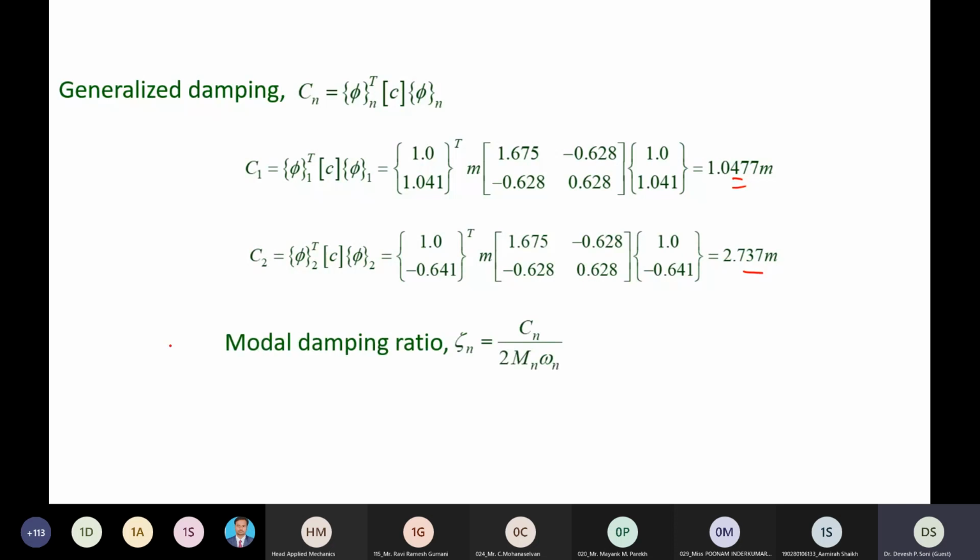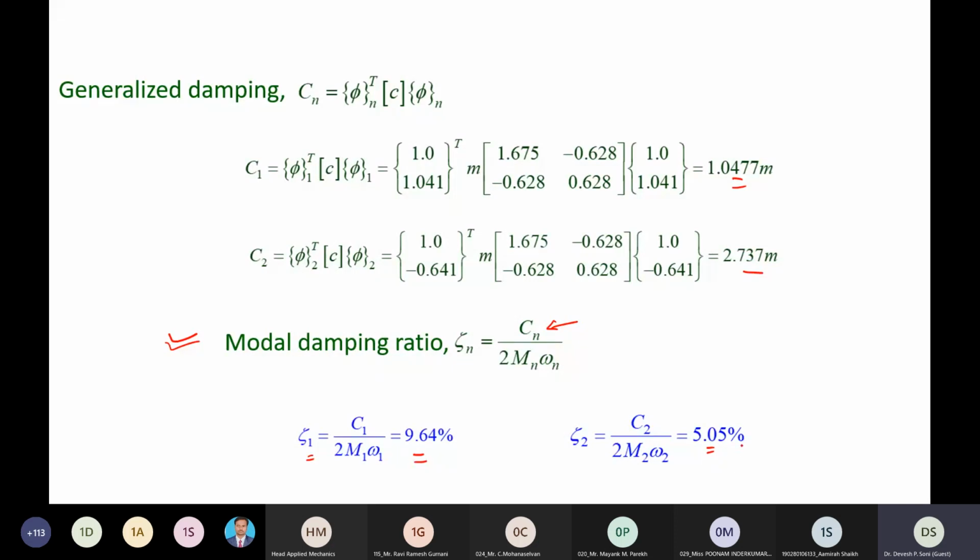Now the important thing here is the modal damping ratio. The generalized mass is used to calculate the modal damping ratio, and the modal damping ratio is essential in response spectrum analysis. We have used the same equation: C is equal to 2 times zeta into M into omega. Upon putting the values of C1, M1 and omega 1, we get zeta 1 equal to 9.64%. This means the modal damping ratio in the first mode is 9.64%, and the modal damping ratio in the second mode is coming